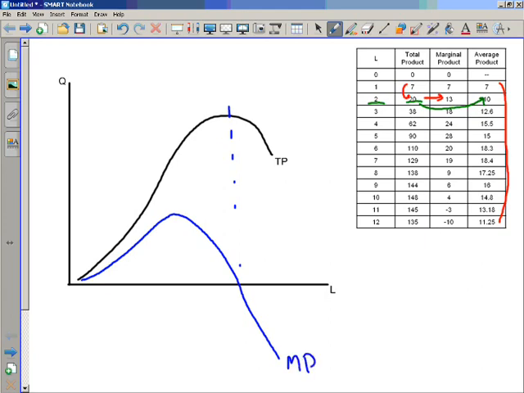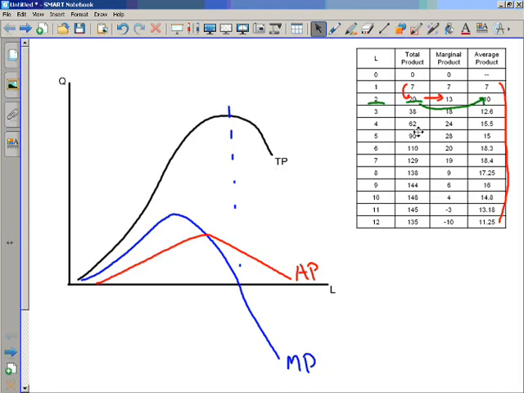And we can also look at our average product curve. Now our average product curve behaves similarly. It increases and then decreases. It's never negative though, and it doesn't have quite as steep a change as the marginal product does. So our average product curve would look something like this. And once it intersects the marginal product curve, it would start to fall,